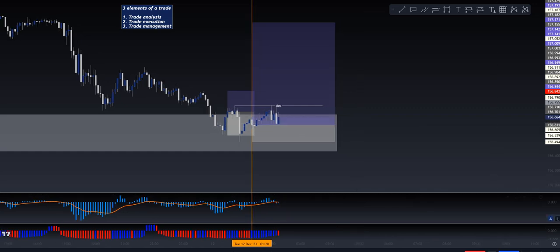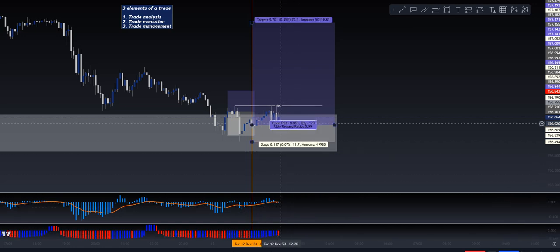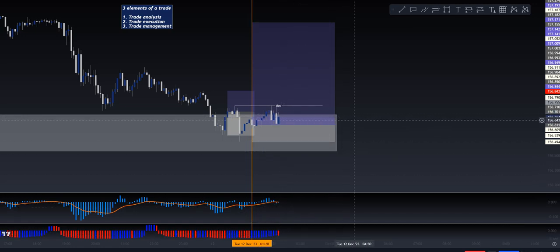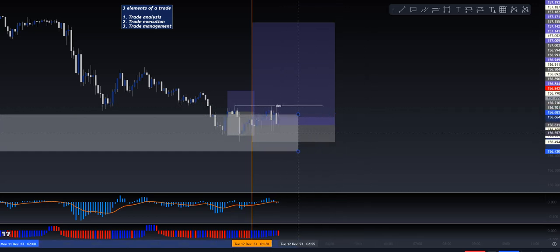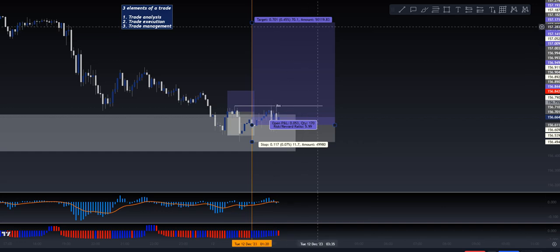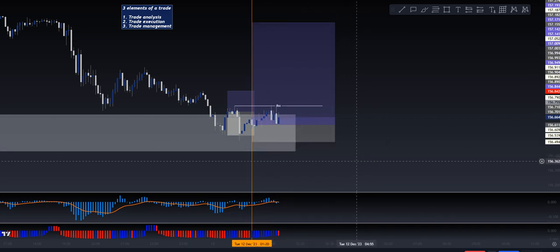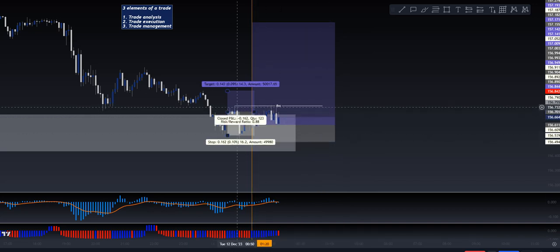Okay? And here's a perfect example of that. I see this red bar momentum, which would be a confirmation to exit this trade. However, I'm not going to exit a trade if it hasn't even had the time to decide what it actually wants to do. I don't know if this market wants to go up. I don't know if it wants to go down. It hasn't decided anything yet. So I'm going to continue to hold this trade because it hasn't gone anywhere.